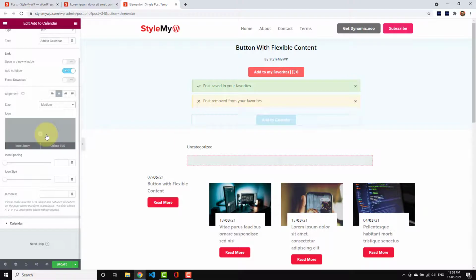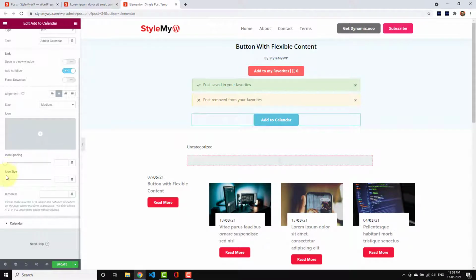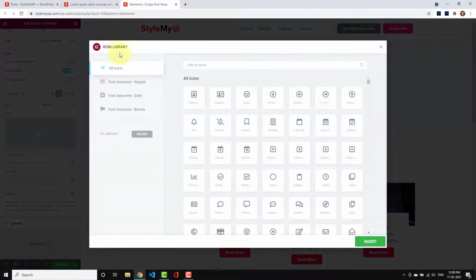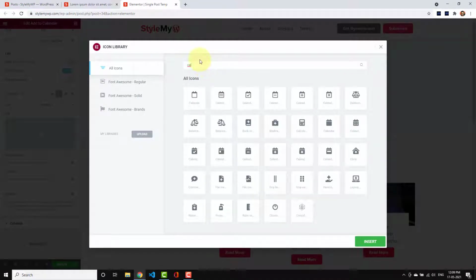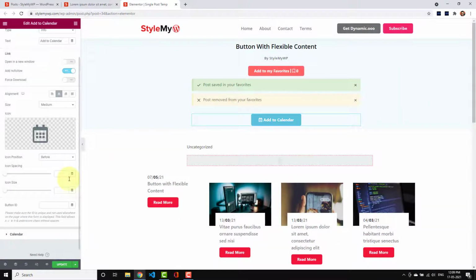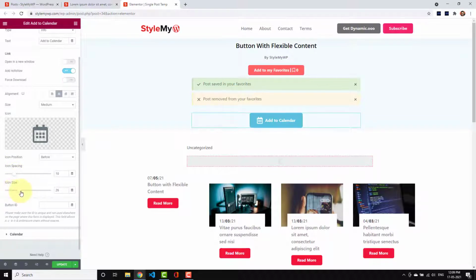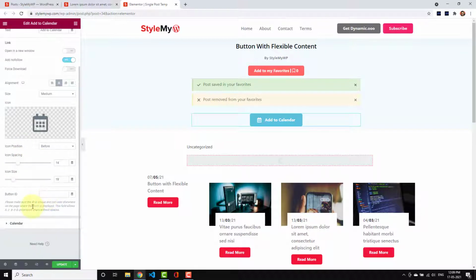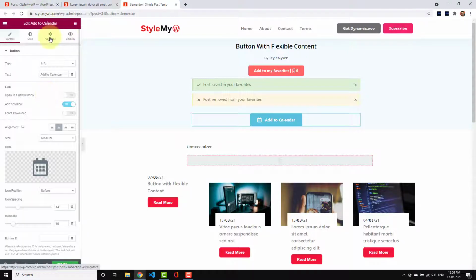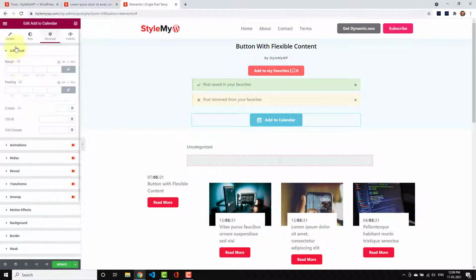You can also play with the sizing of the button, and you can also use an icon, say calendar. I will use this one. Here it is. You can choose the icon spacing and icon sizing. Looks good. You can also use the button ID to enhance more settings with custom CSS.